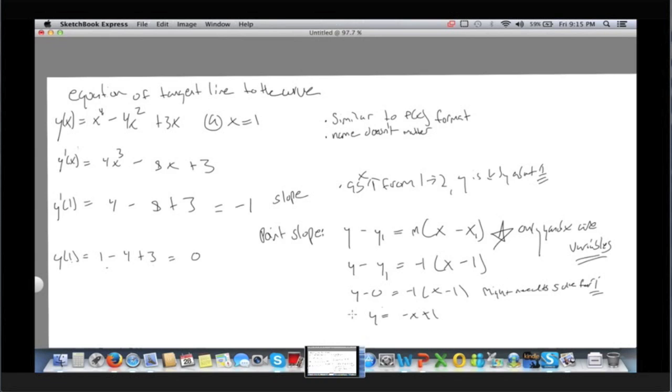Okay, so what does that y equals negative x plus 1 represent? Y equals negative x plus 1 is the equation of the function. Of which function? We already know the equation of the original function was x to the fourth minus 4x squared plus 3x. So this represents